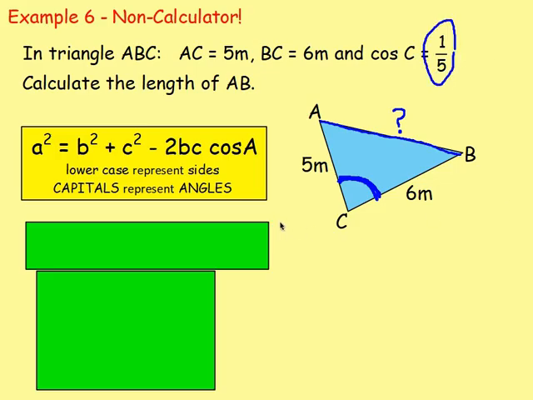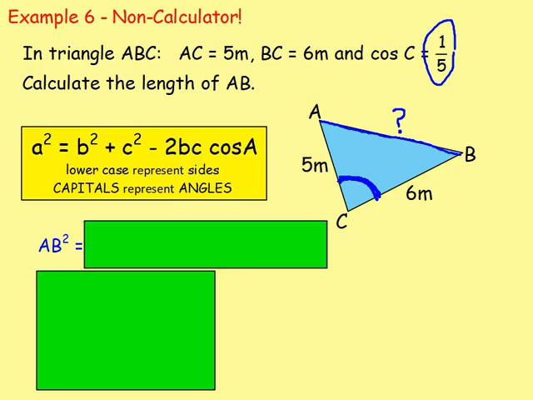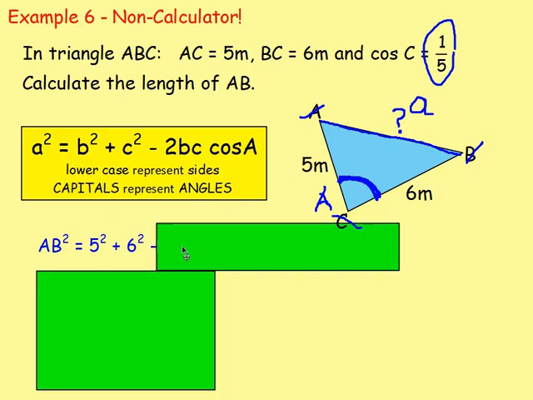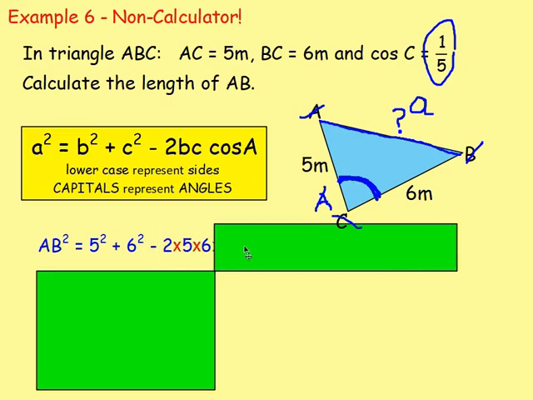So, because we've got two sides and the angle between them, kind of, we can use a squared equals b squared plus c squared minus 2bc cos A. So because we're wanting to work out AB, we're just going to say AB squared equals. Once again, ignore the letters really that they are giving you. What you want to do is think, well, that's what I'm wanting to find. So that there is going to be A, meaning that there would be the capital A for that angle there. Which means B and C are going to be the 5 and the 6. So we'd have 5 squared plus 6 squared minus 2 times by the 5 times the 6 multiplied by, and